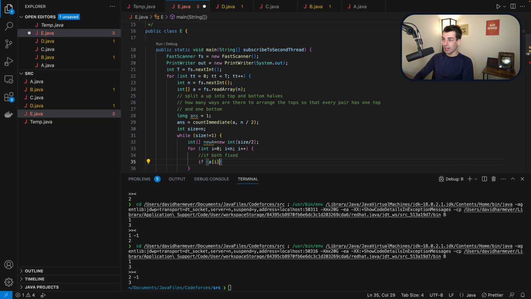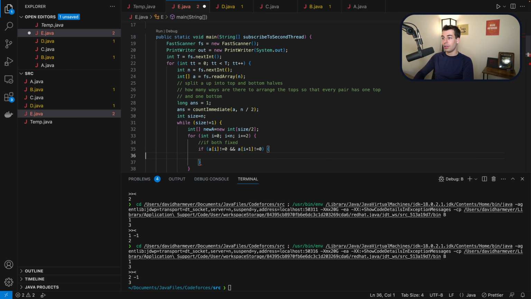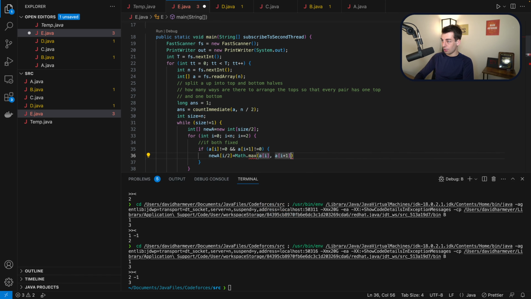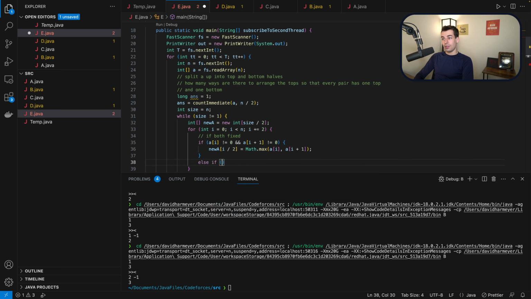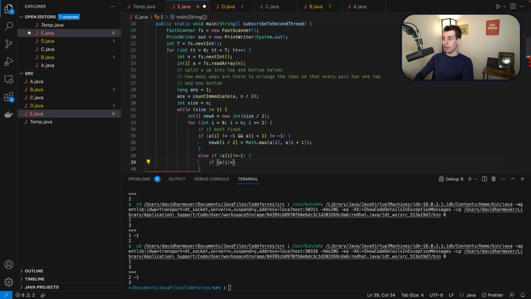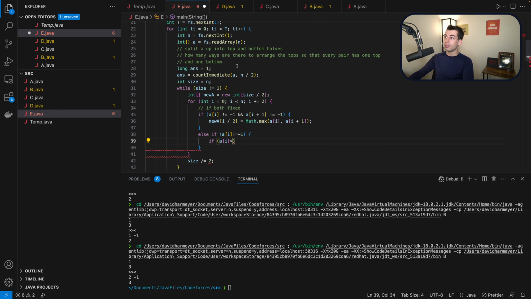then if a at I is not equal to 0, I guess we want I plus equals 2 here, and a at I plus 1 is not equal to 0, then new a at I over 2 equals math.max of a at I and a at I plus 1. Else, if a at I is not equal to -1, then if a at I is greater than the cutoff,